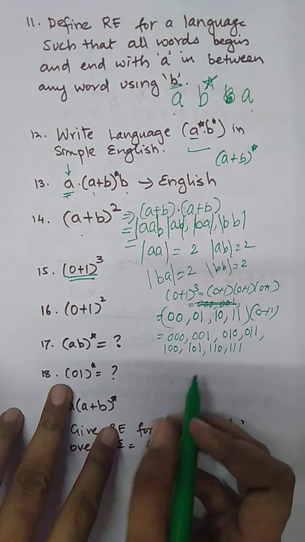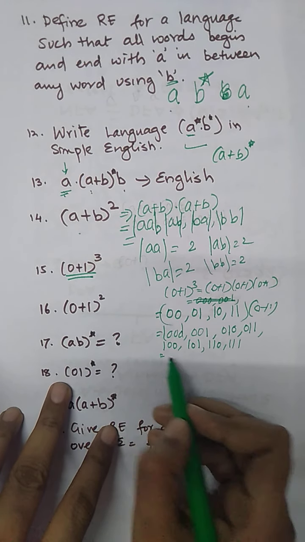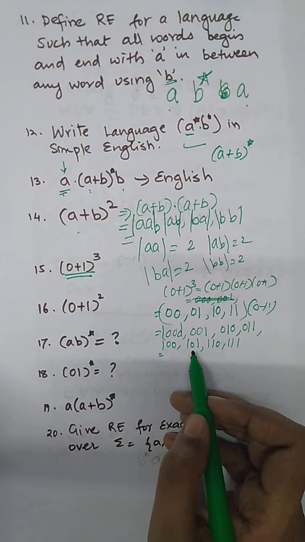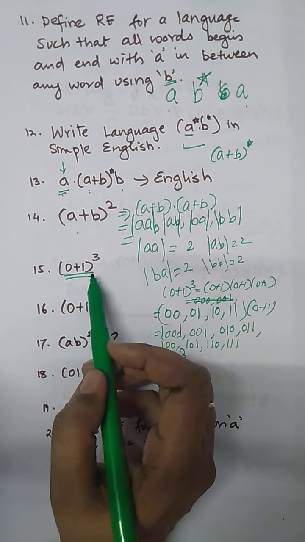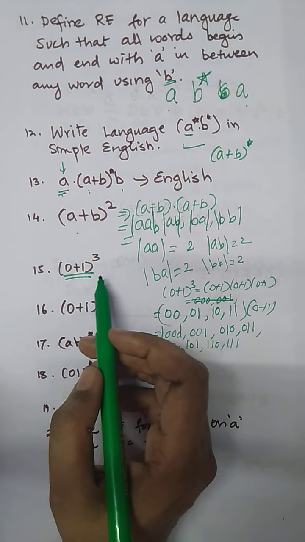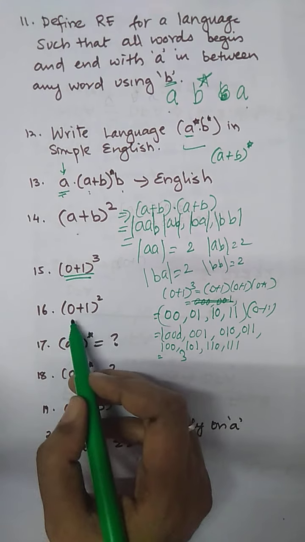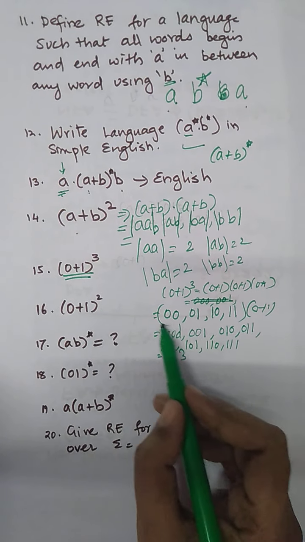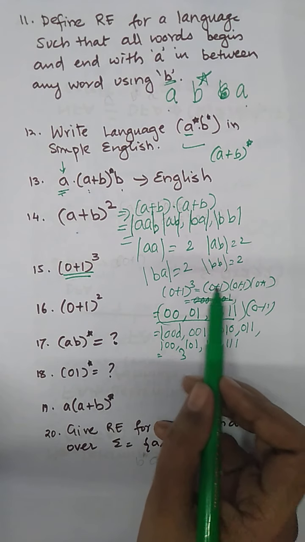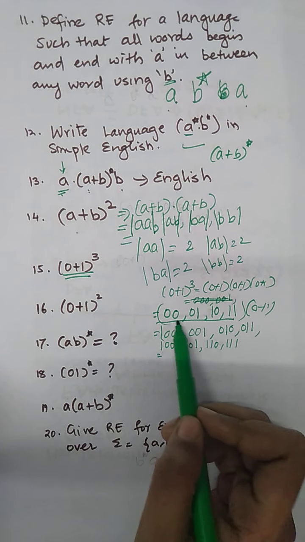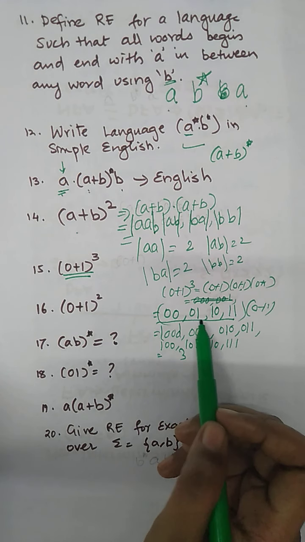So what is common in all the strings? Zeros are not common, ones are not common, but what is common is the size or the length of the string, that is 3. So this (0 plus 1) raised to 3 represents all the strings having length 3, all the strings of zeros and 1 having length 3. (0 plus 1) the whole square will be what? It will be this one. (0 plus 1) the whole square, we have to write twice. After writing twice, multiply them. So what are we going to get? We are going to get the strings of length 2.